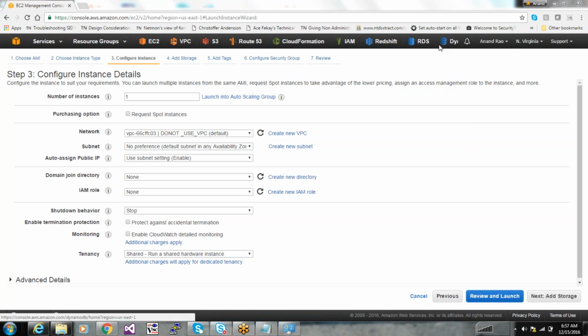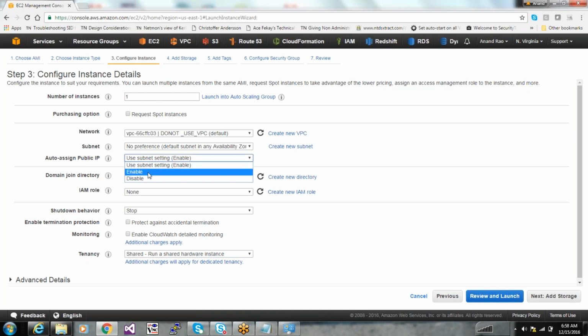Yes, sir. Okay, so if you select auto assign public IP, the machine that you're creating will be given a public IP. If you do not select that, it will get a private IP, which means you will not be able to access it from the internet. So make sure this is set to enable, or if the subnet is already giving it as enable, that's good.